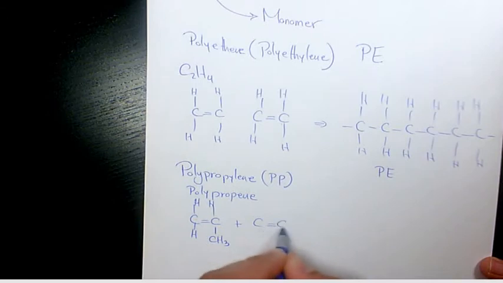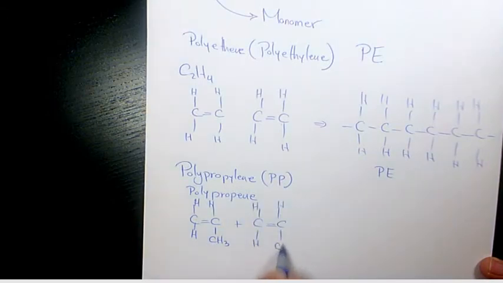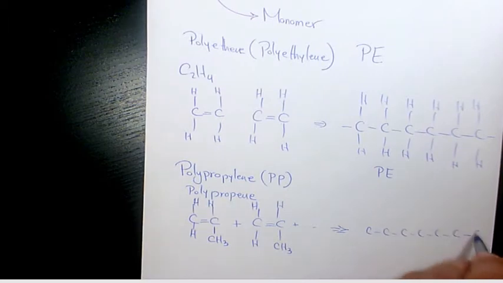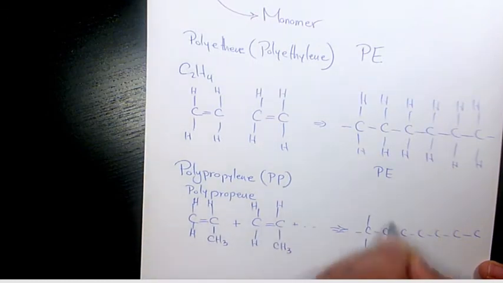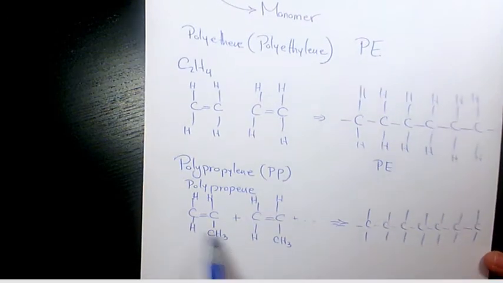It is going to react with other monomers, and then it produces single bonds. So the double bond is going to break and convert to single bond, and we have all these bondings,